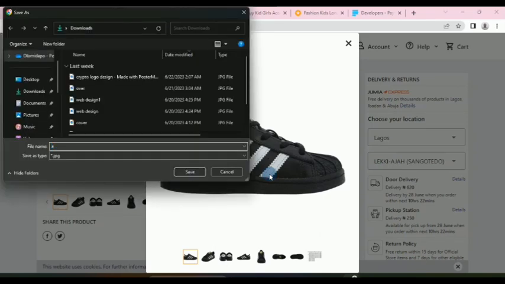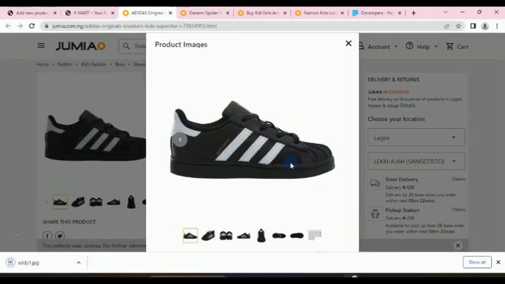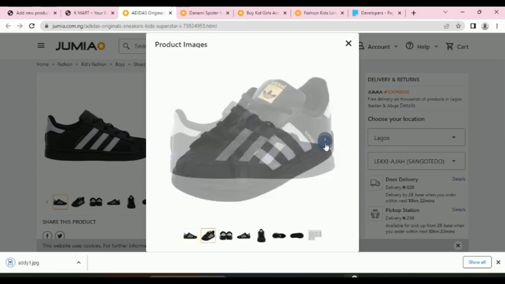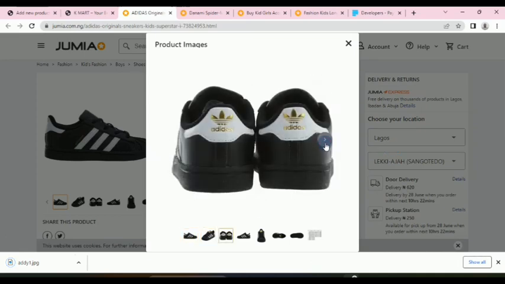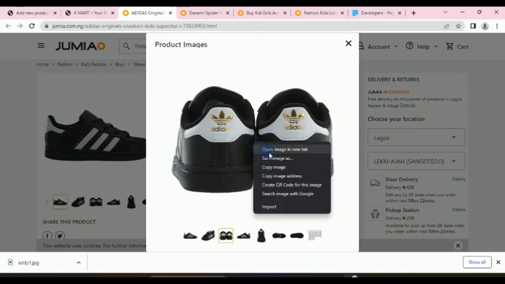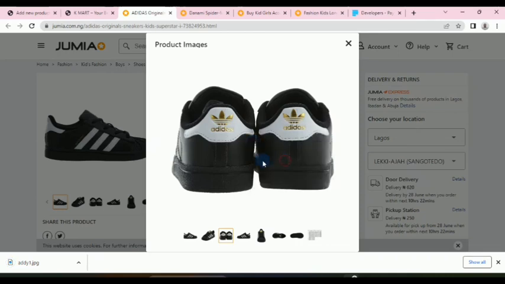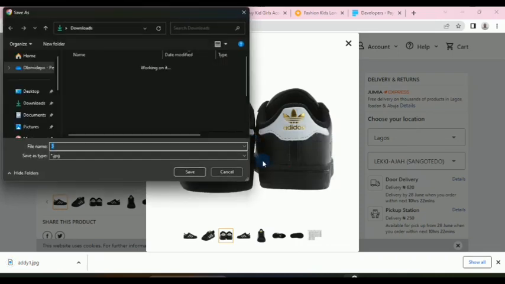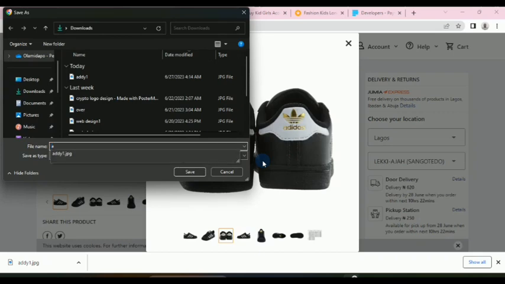So I'll put AD1, that's Adidas in short. Then I will click here to show another part of it. So let's say I can right click this one and say save image as. So you can add as many images as possible. Add the 2 like this,